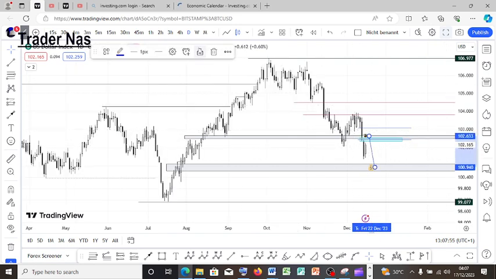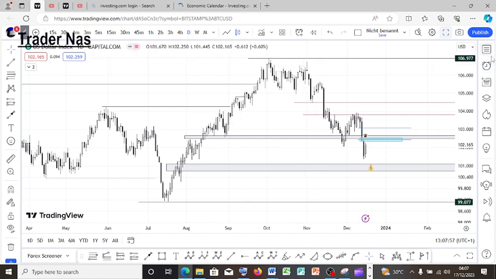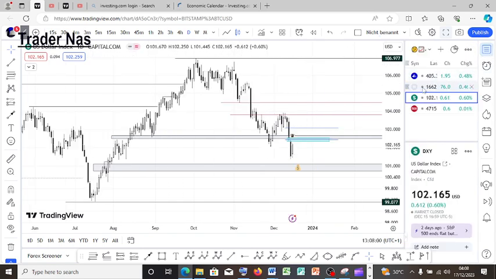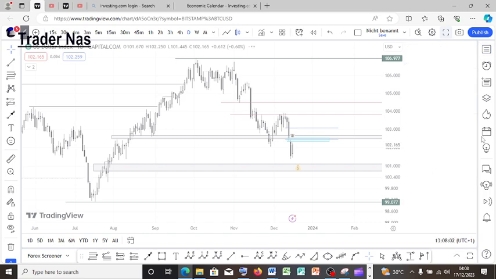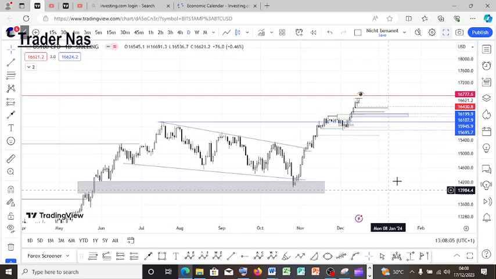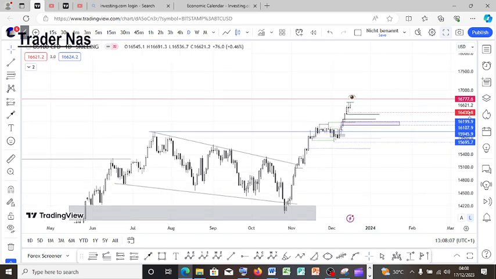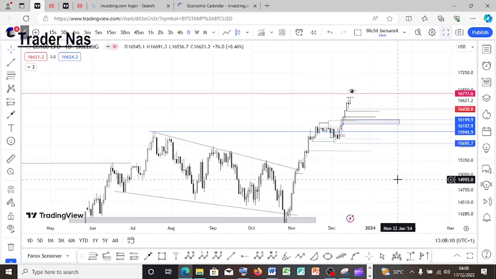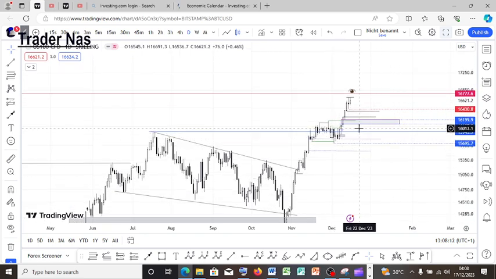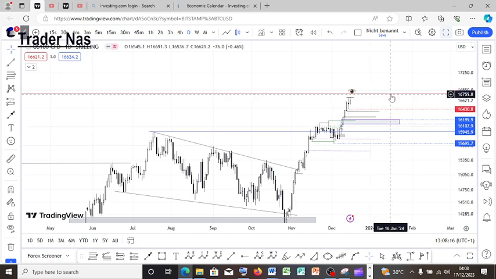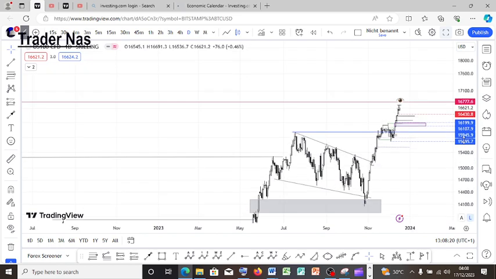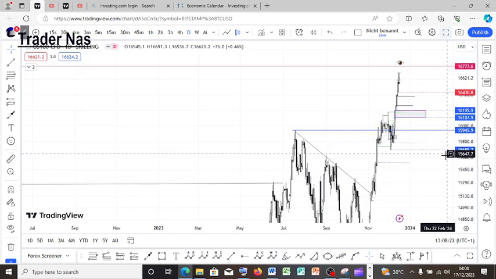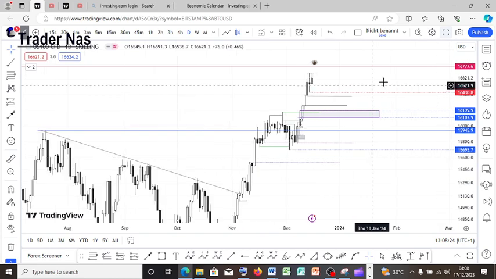Let's just jump in on Nasdaq, guys. This is Nasdaq, my favorite pair. I like to trade Nasdaq, guys. I have been trading this for a couple of years. Guys, this is Nasdaq. Look at that fair value on the daily time frame. This is the initial high for the Nasdaq, the last swing high point that I'm waiting for the price to touch. So guys, I'm out of this trade.